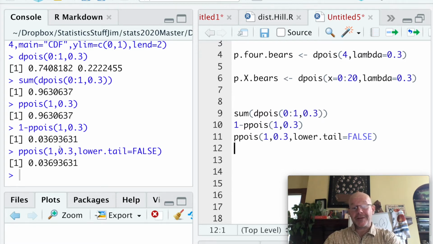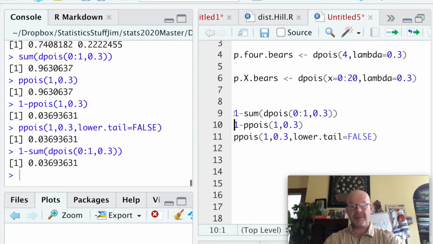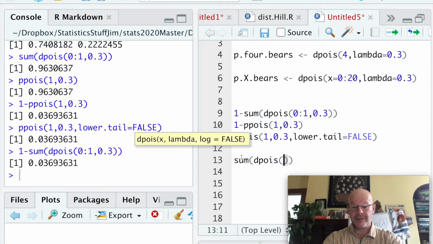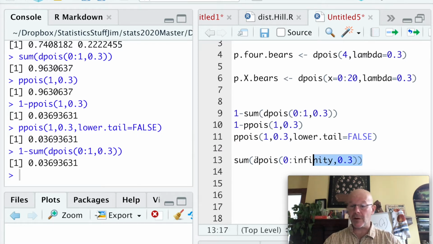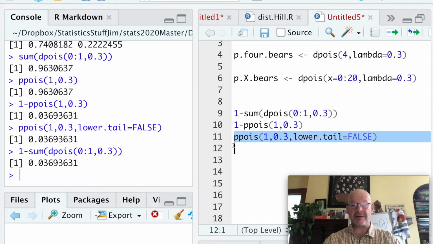And so since there's an indeterminate number of observations, it wouldn't be possible to use, you could say, 1 minus the sum of the d-Poisson. That would give us the same thing. But obviously there would be no way to just take the sum of d-Poisson from 0 to infinity. That's not possible to do, because then you would end up with a vector that's infinitely long, and that would be a problem. And so just in general, let's stay with the habit of using the Poisson function.